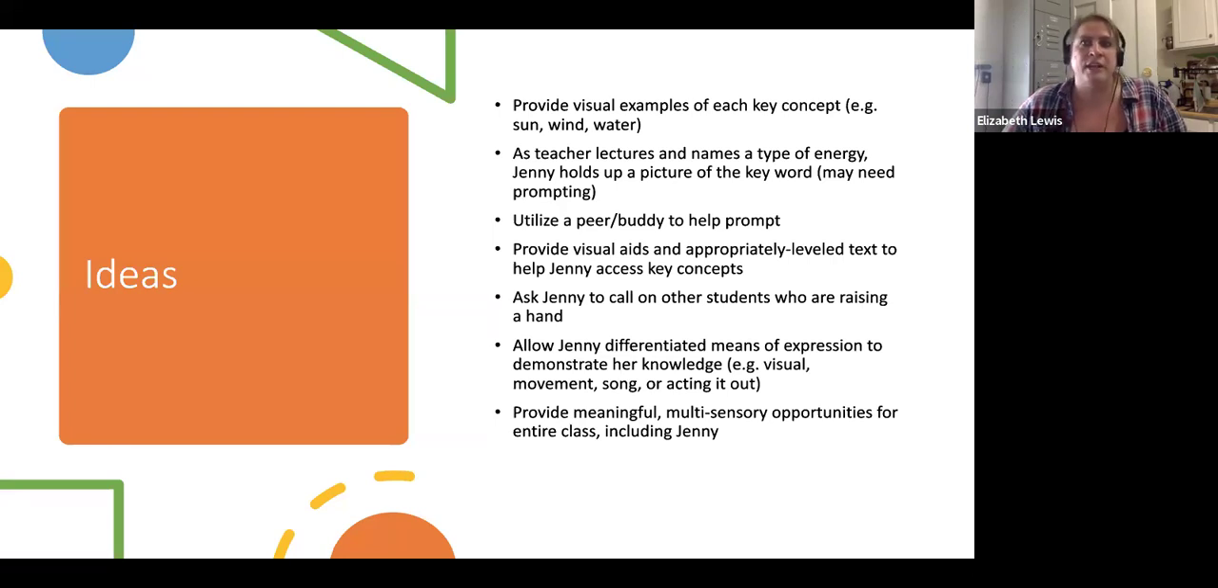Allow Jenny differentiated means of expression to demonstrate her knowledge. Maybe she uses a visual picture book that she's created. She's drawn or painted or cut out pictures and pasted them. Maybe she uses movement, or she has written a song that talks about wind, sun, and water energy, and she could act it out. Maybe she could act it out with a peer. These are different methods and differentiated ways to express an understanding, and Jenny has the right to do that through